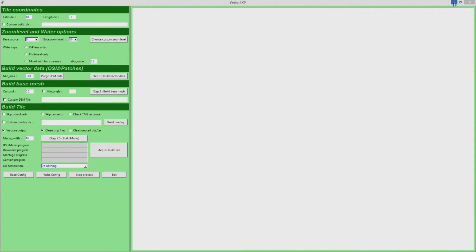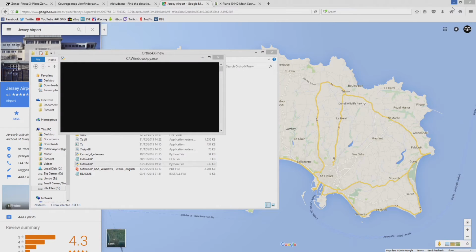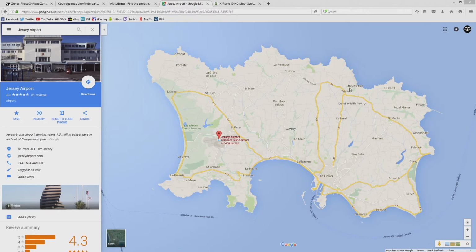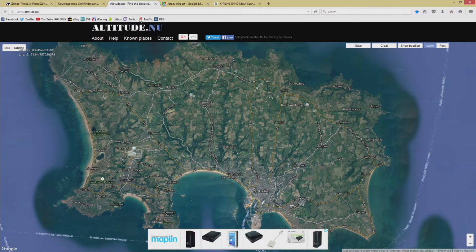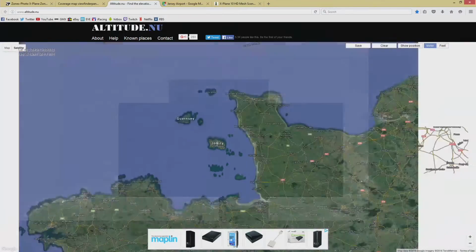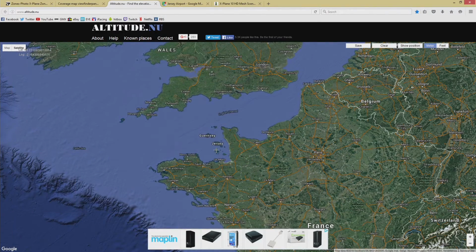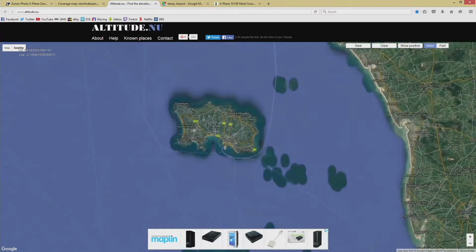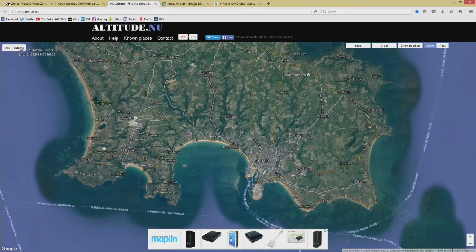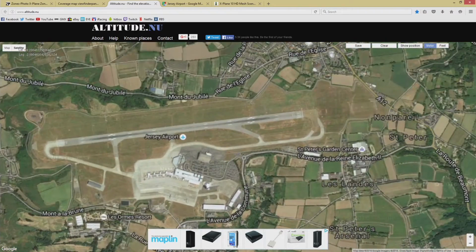So, creating a tile, first of all, we need to find out which one we're going to do. This here is Jersey. Jersey is located south of the mainland United Kingdom, just above France, like just here. There's the UK, this is Jersey. And we are going to be creating a Jersey airport. The reason I'm choosing this as a tutorial